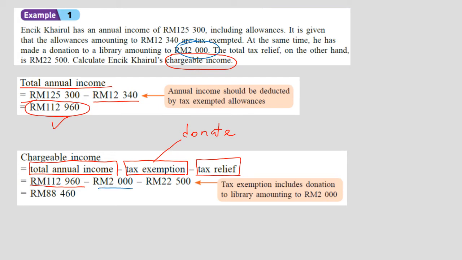And then you have to minus tax relief. Tax relief is already stated here. Tax relief, on the other hand, is 22,500. So you have to minus, so your chargeable income is only